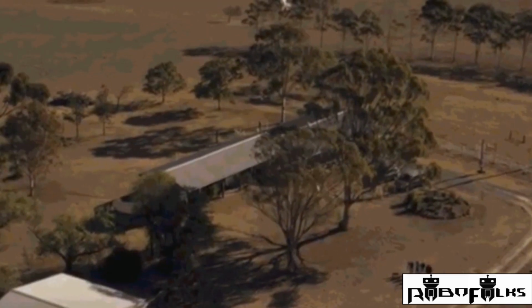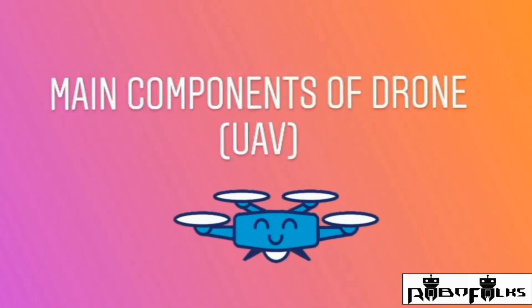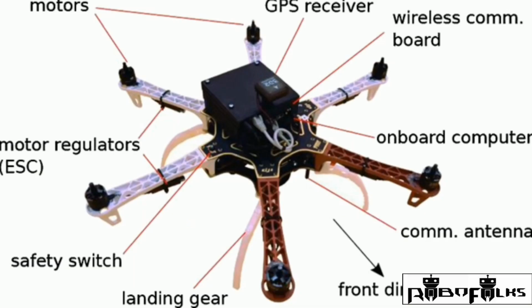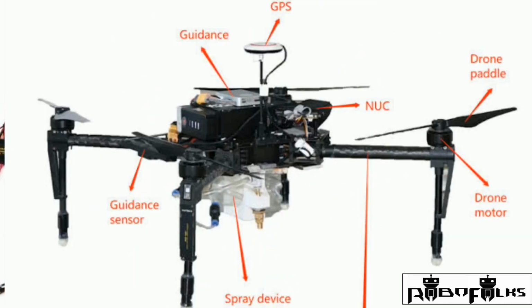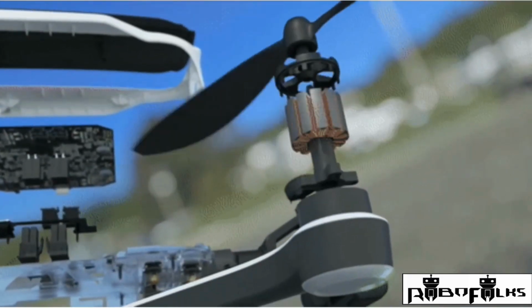Main components of a drone. There are multiple designs of drones. The most popular is the four-wing structure called a quadcopter. The main components of a quadcopter are